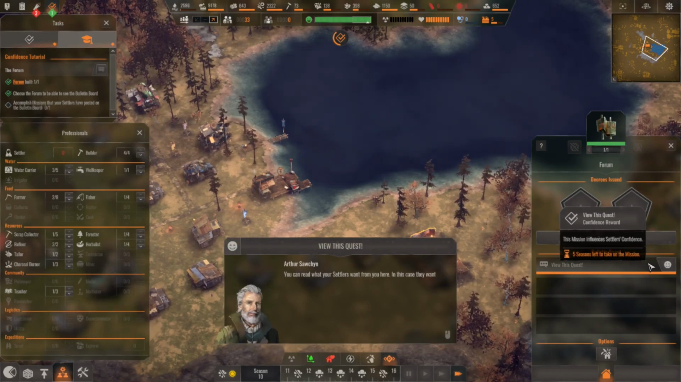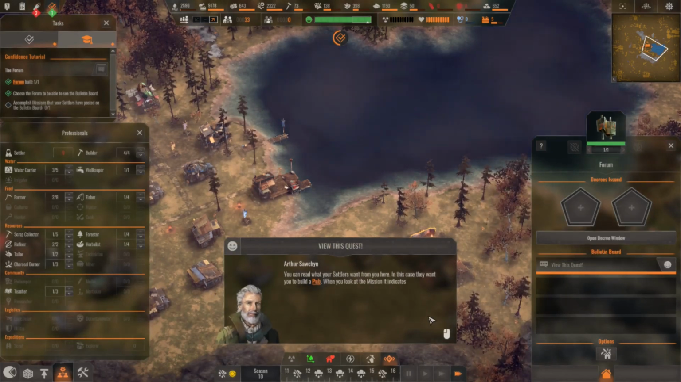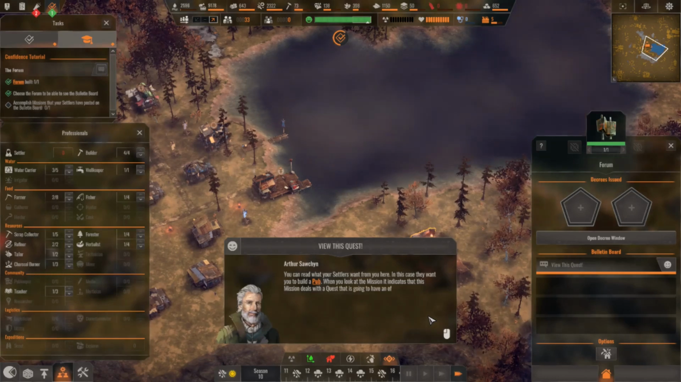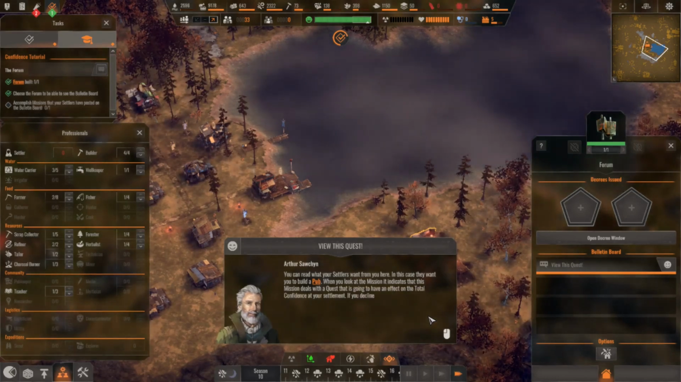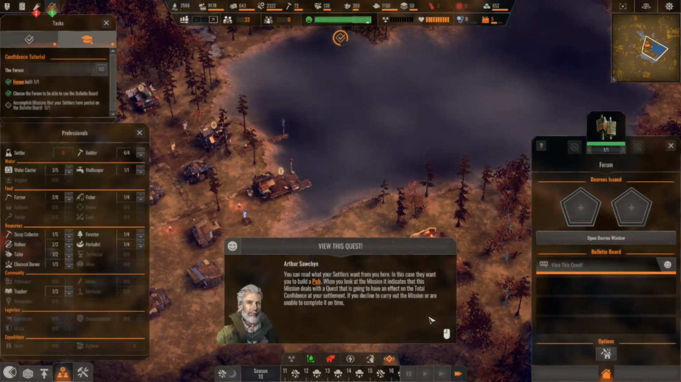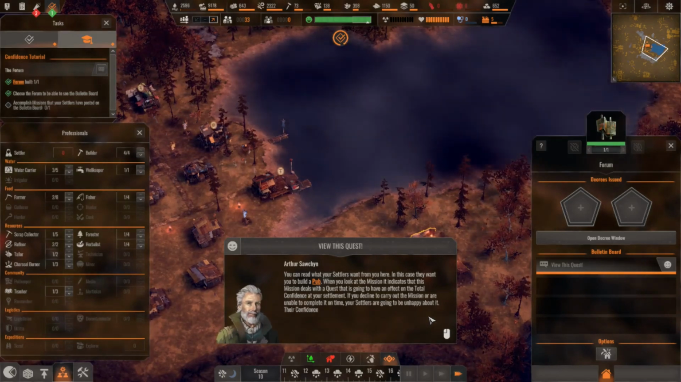you can read what your settlers want from you here. In this case, they want you to build a pub. When you look at the mission, it indicates that this mission deals with a quest that is going to have an effect on the